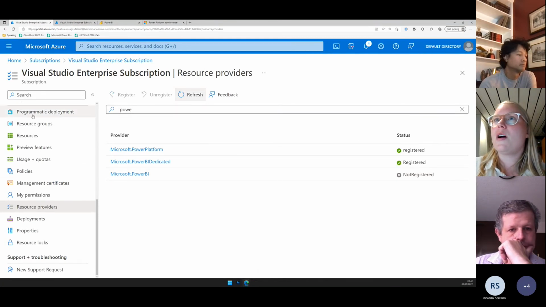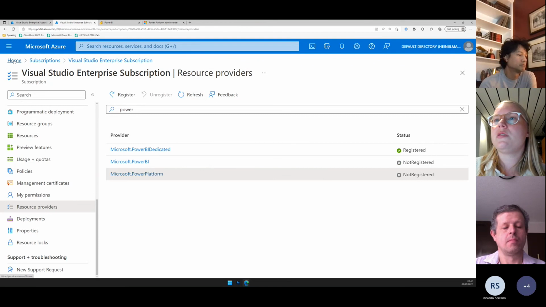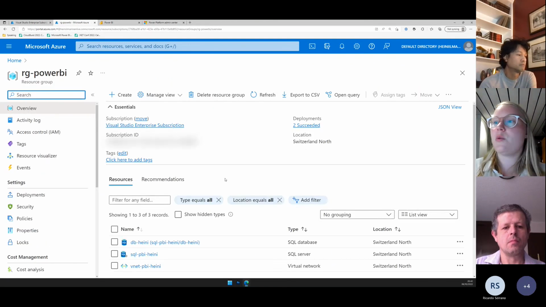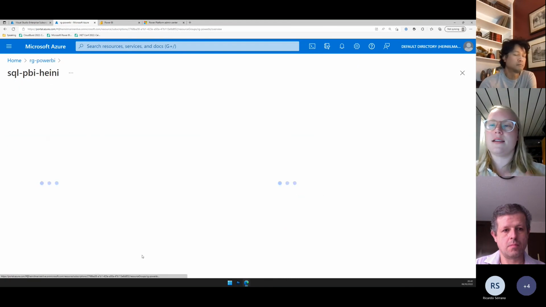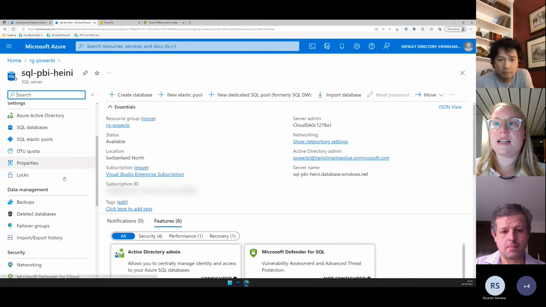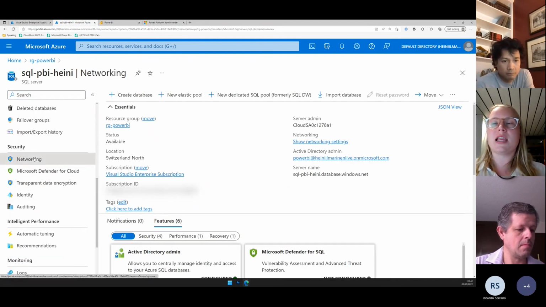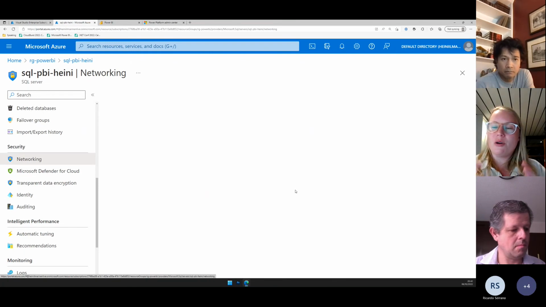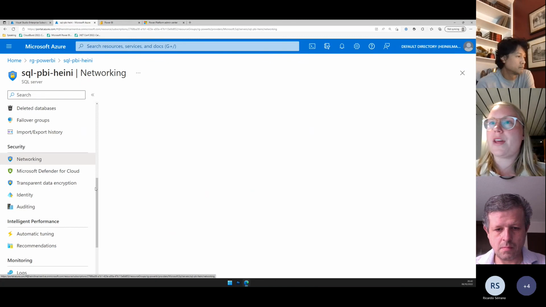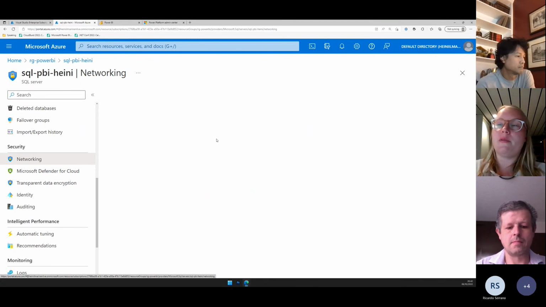So one more thing that we need to do is that right now our SQL only has this public endpoint, and it can still have that, but we'll keep that and have our own local IP address added there as we added it before. But we'll then also add one of the options that I talked about, the private endpoint, so that we're able to connect to it over the